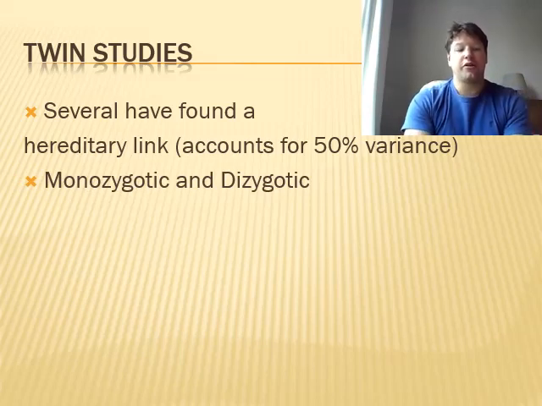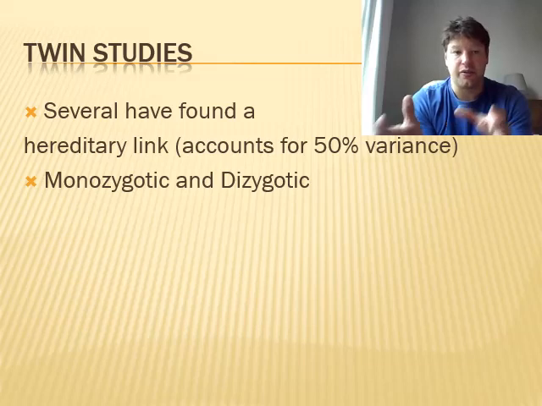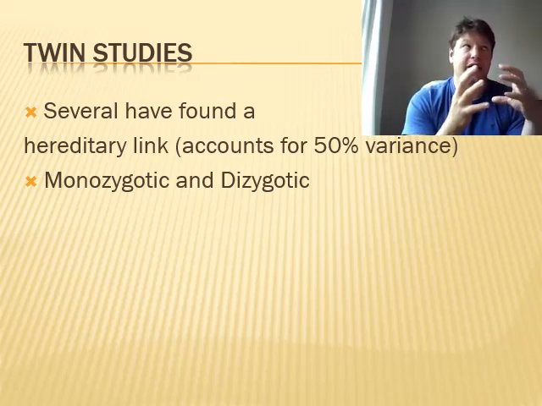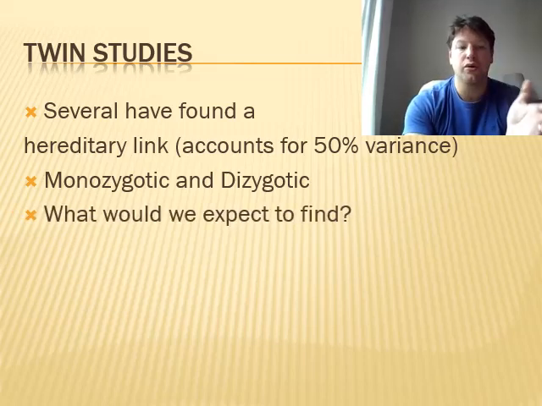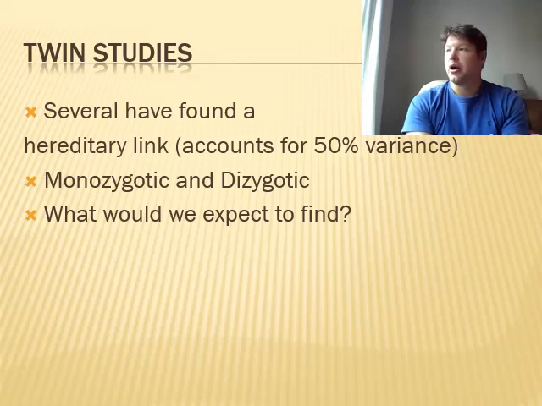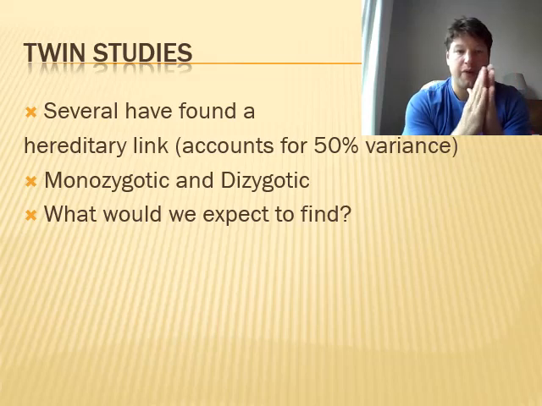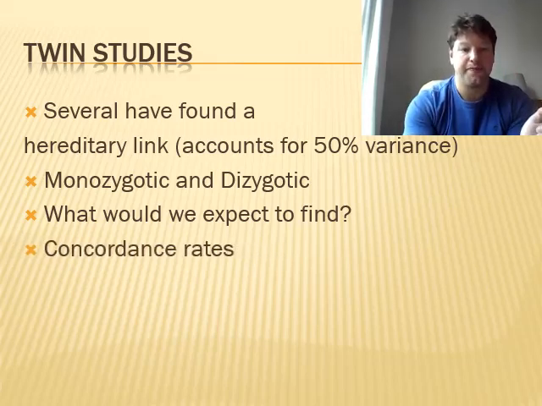Okay, so if you're a biological psychologist and you're looking at aggression, I've maybe already touched this already, but what would their hypothesis be regarding monozygotic and dizygotic? Which ones would be more likely to have a link, okay, and which ones wouldn't? Concordance rates is a term that you're going to hear. Concordance, if something concords with something, it's the same. So if there's a high concordance rate, it's saying that if one is aggressive, the other is aggressive. All right, and we're going to look at a few of the findings here.